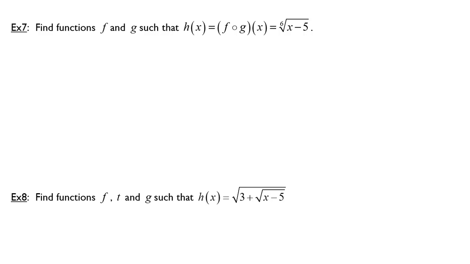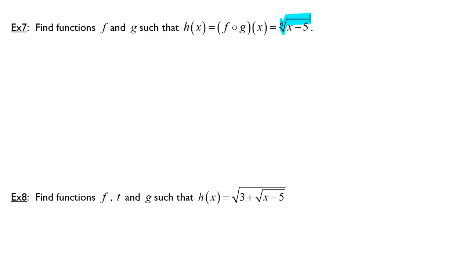Welcome back to the last video on function composition. We're going to look at the opposite. So instead of trying to compose the function, we're basically decomposing the functions. And so what I'm going to do is look at the function composition given and try to